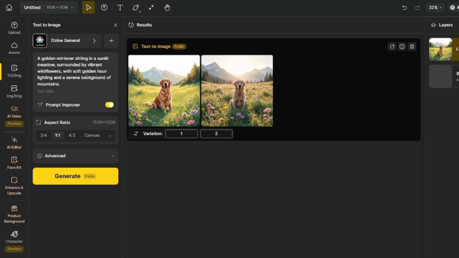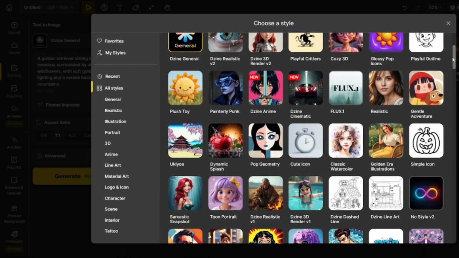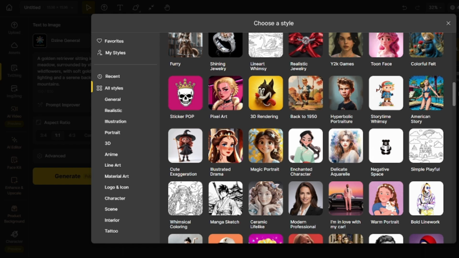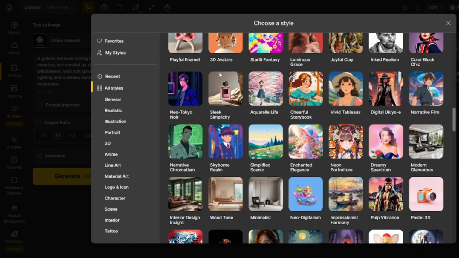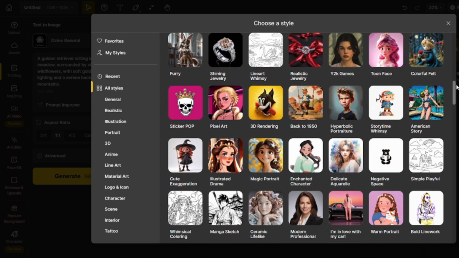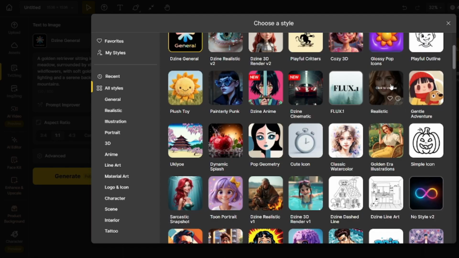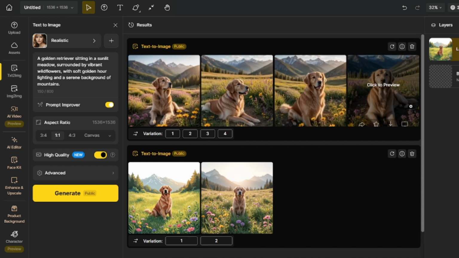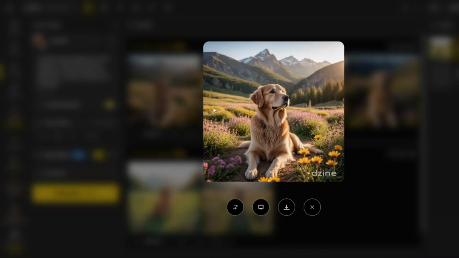So additionally, you guys can see over here, we have different style options. So from here, we can choose any different style for which we have to generate any image. So you can also see joyful 3D over here. I mean, there are multiple styles over here, so you can choose whatever you want. So let's just choose any style from here and just generate the same image with that style. So I think that realistic would be a good option for me. Alright, so our 4 previews of that image have been generated. So as you can see, we have 4 angles of this golden retriever. Let's look at the pictures and you can just figure out how realistic the images are that